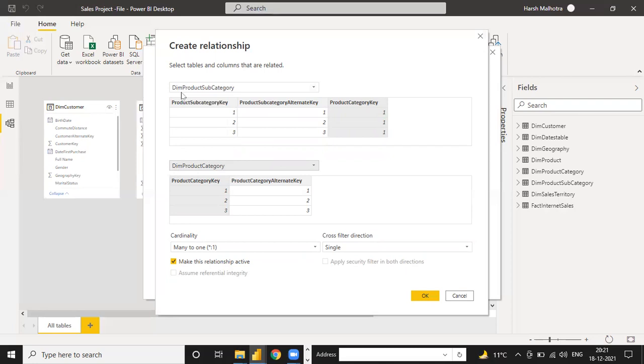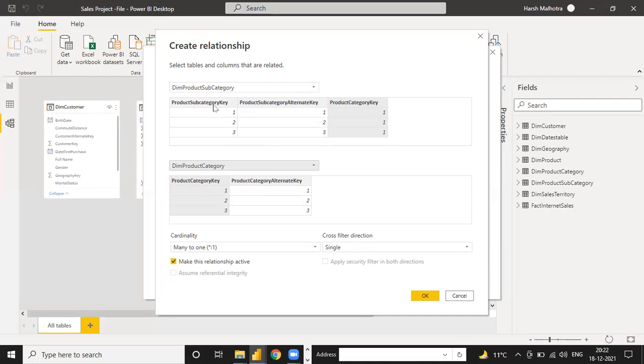And see, in the earlier step, I always told you that you can connect the dimension to the fact, but you can also connect a dim table to a dim table, but only when one dim table looks like a fact and the other dim table looks like a unique one. So this table looks like a fact, with duplicates, and this table looks like a unique one. That is why you can connect, and the relationship is many to one. So this dimension table looks like a fact table, and that is why you have to make the relationship between these two tables. Any questions on this?